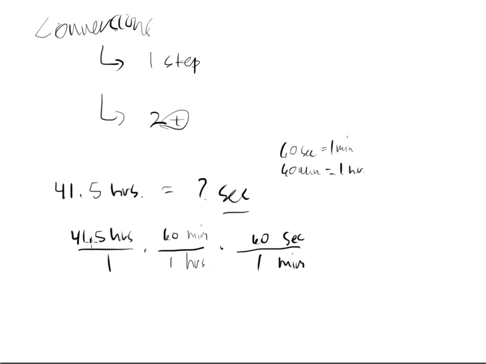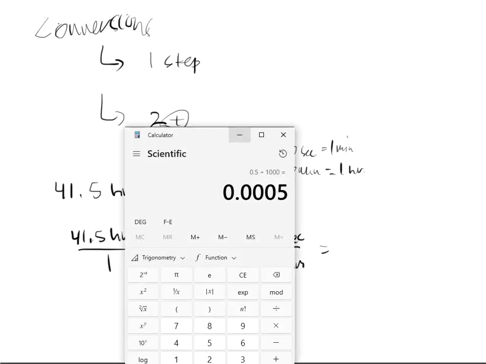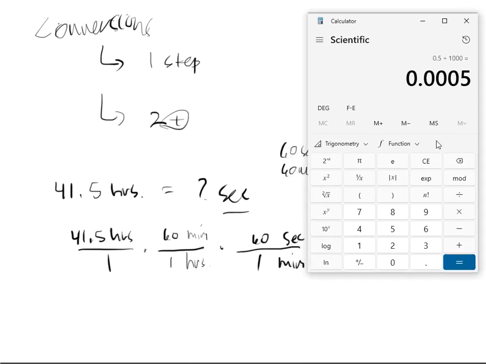I'll take 41.5, and then I'll multiply by 60, and then I'll multiply again by 60. Remember, I ignore the ones. I don't even pay attention to them. If you divide by 1 in each one of these cases, it's not going to change the number, right? Or if you multiply by 1, it's not going to change the number. So I'm going to bring in the calculator just so you can see this get entered on the screen. And this can be just a straightforward multiplication, 41.5, and then we're going to multiply by 60, and then we're going to multiply by 60 again,